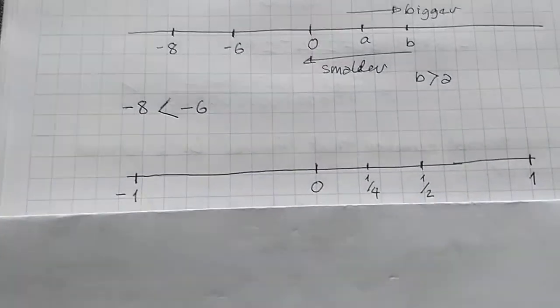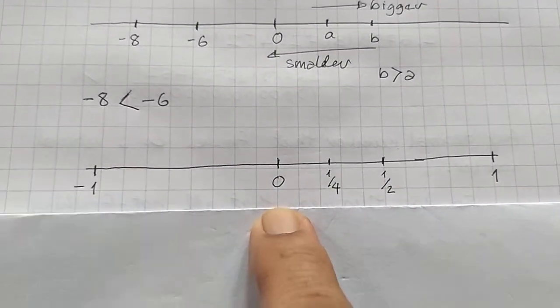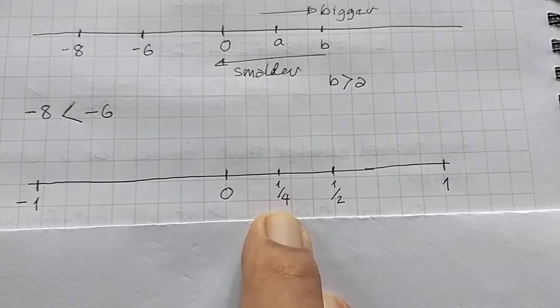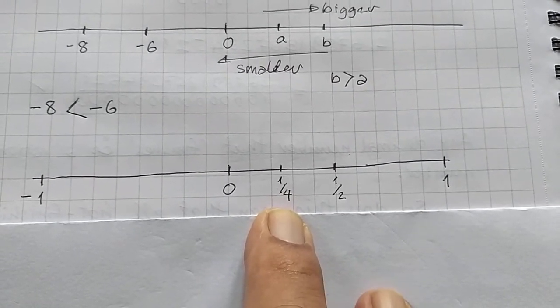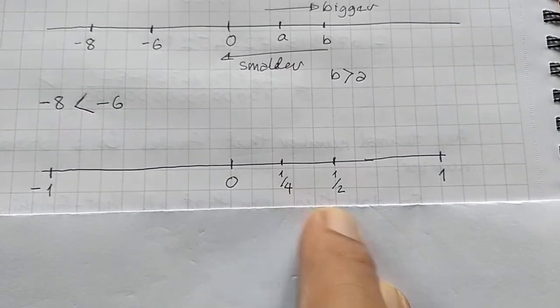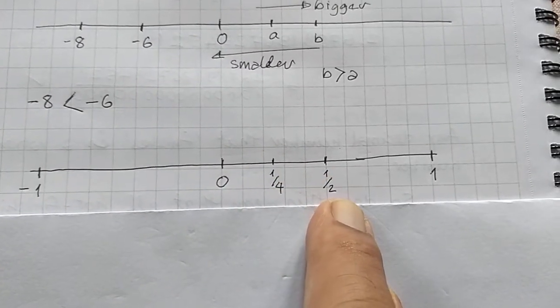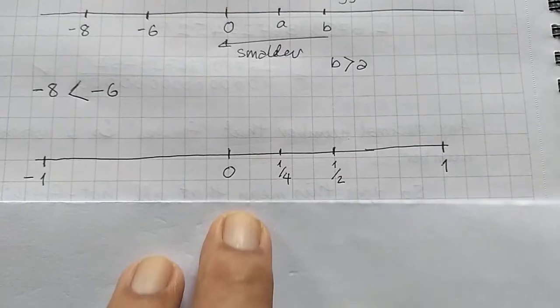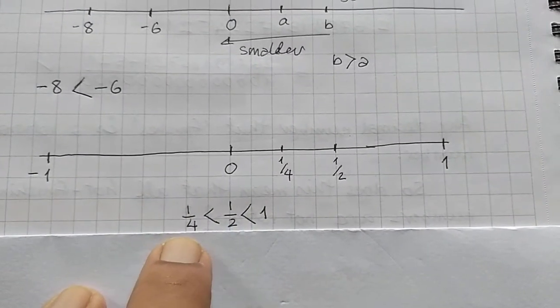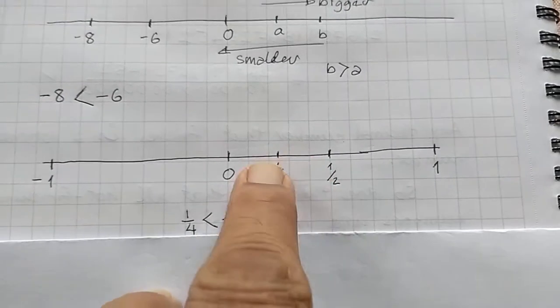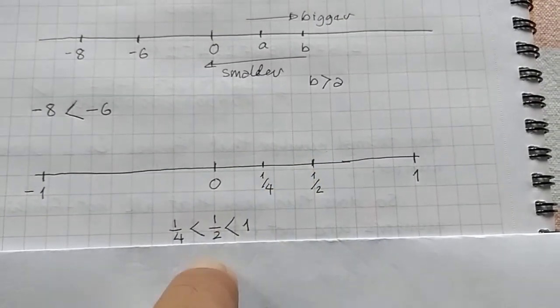The same thing applies for fractions also. If I redraw the number line and expand the scale and I put 1 here and -1 here, this is where you get, here this is plus quarter, this is plus half, 1 over 4, 1 over 2, this is 1. So again you can say very easily 1 quarter, 1 over 4, is less than 1 over 2, is less than 1, because each one is to the left of the next one.